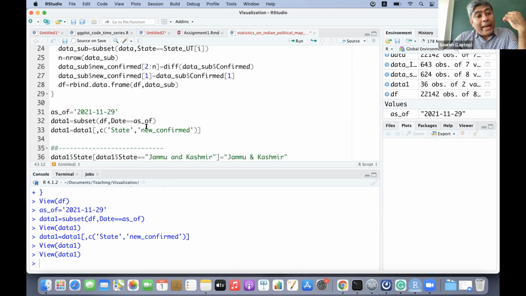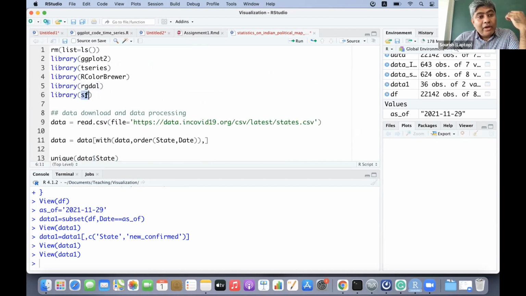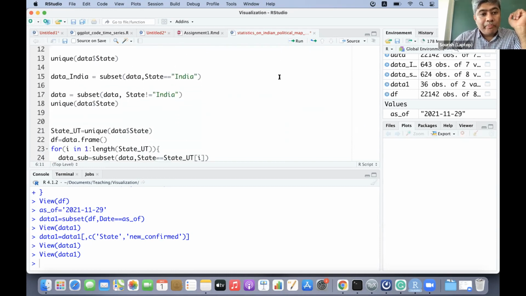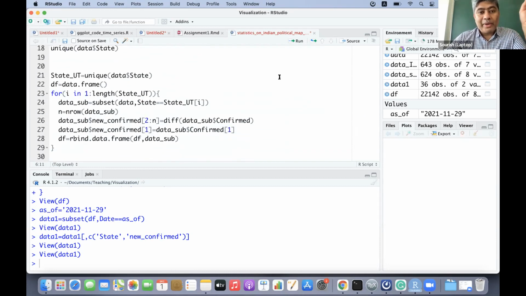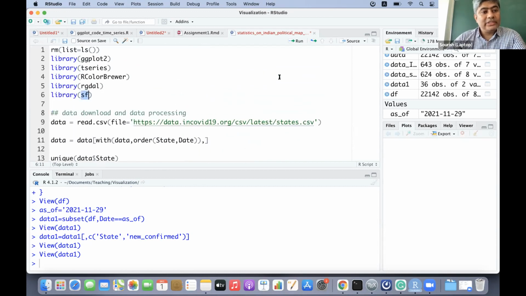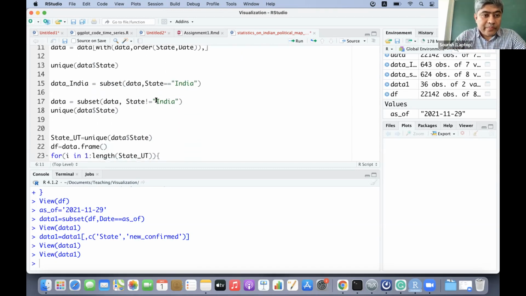A new package has come up called sf, and I'm still working on how to handle this. Shayan just told me a few minutes back that he has figured this out. So maybe after me, Shayan can show us how to do that using the sf package. I'm going to use rgdal and Shayan is going to use sf, which will be a slightly different procedure for plotting this graph.